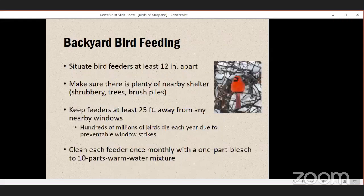And then finally, I guess a few pitfalls and maybe some tricks. I typically recommend situating bird feeders about 12 to 18 inches apart. Having them too close together can actually stress the birds a little bit, and you don't want to